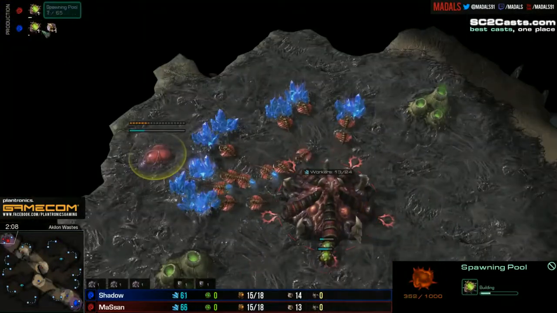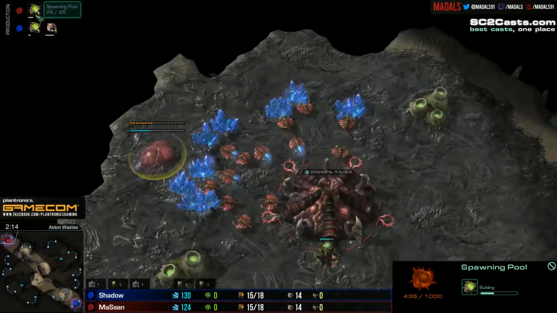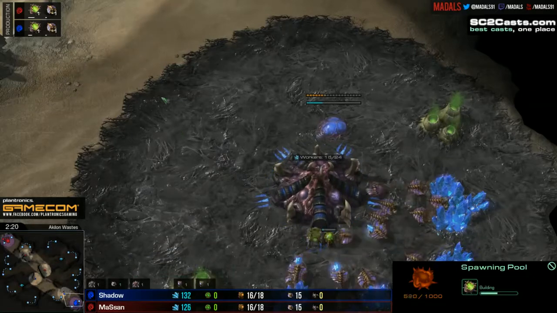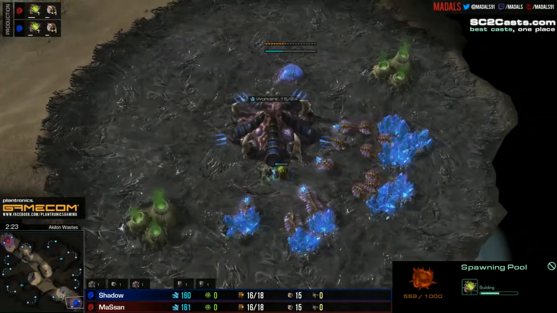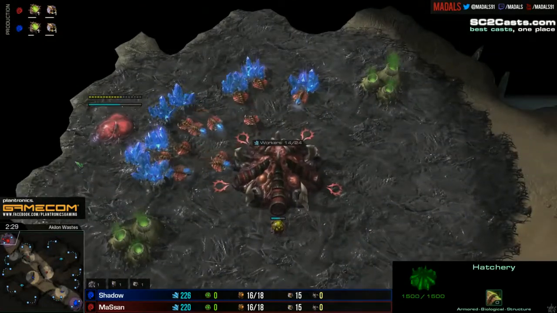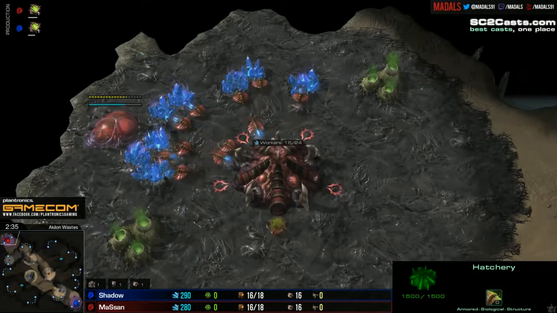Both players going for relatively similar timings on those spawning pools there. About 10 seconds sooner for MaSsan compared to Shadow, but not by enough that really throws out the build order too greatly. The worker count is identical, so actually MaSsan a little ahead because he's able to keep that drone count similar, while still obviously getting his spawning pool sooner, which means his queen sooner, which means his first inject is sooner,